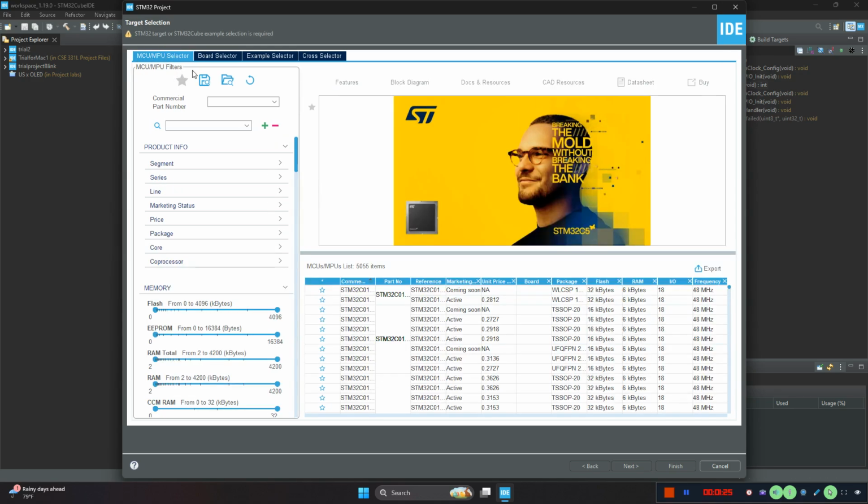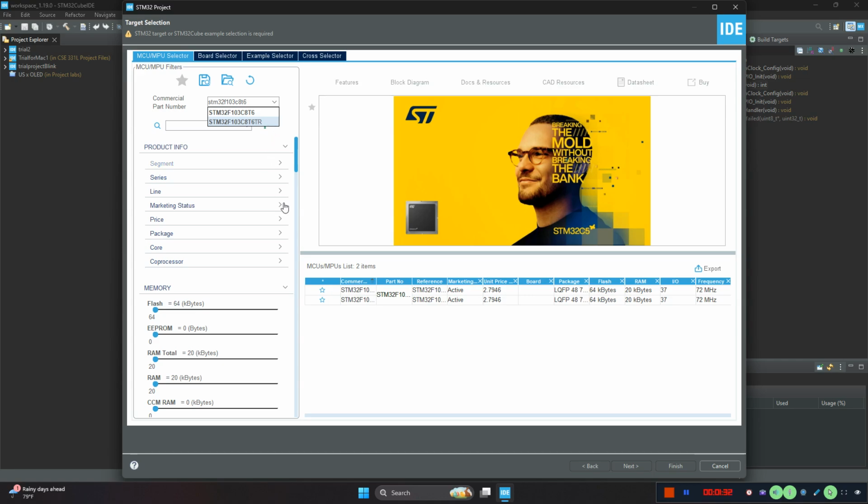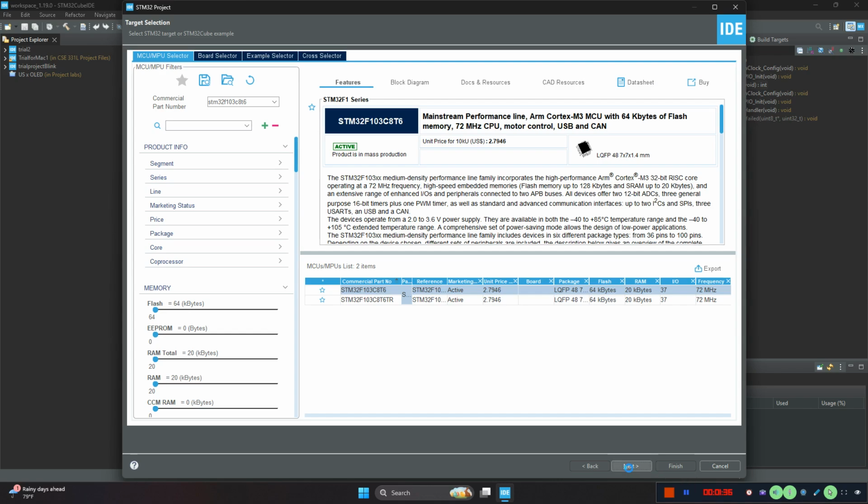From MCU selector, commercial part number is STM32F103C8T6. We need to select the base variant. Next,